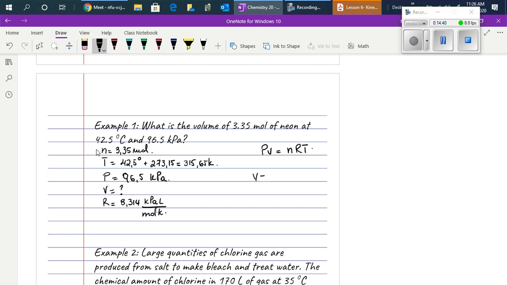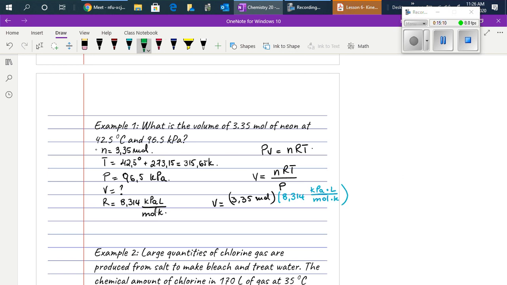So V will be equal to nRT over P. If we substitute what is given, we will have 3.35 mol times R, which is 8.314 kPa·L over mol·K,